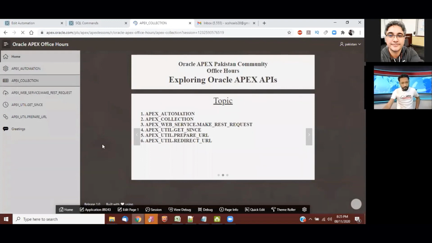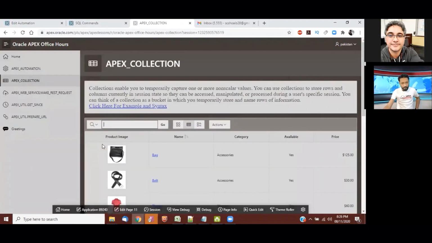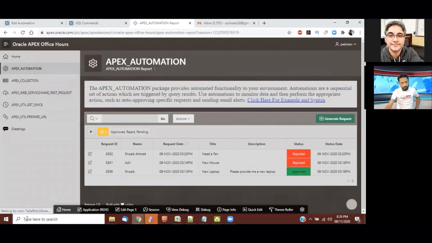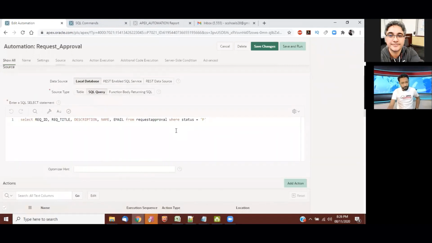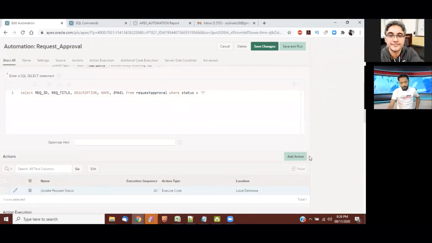Shoaib, do you mind going back to the automation? I have a couple of questions. Somebody's asking, can I use, for example, SMS APIs with automation? Well, definitely yes, you can. If you have an external SMS API gateway that you are subscribing to, and there is a RESTful endpoint, you can call it from the actions of your automation. Now, we don't have an SMS gateway from Apex itself, but you can use any third party.